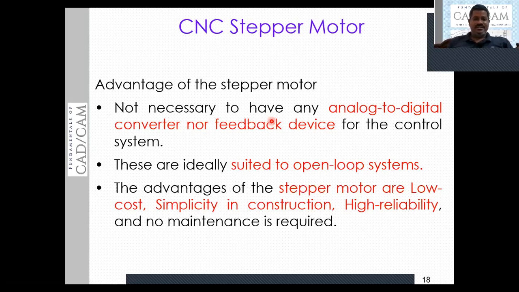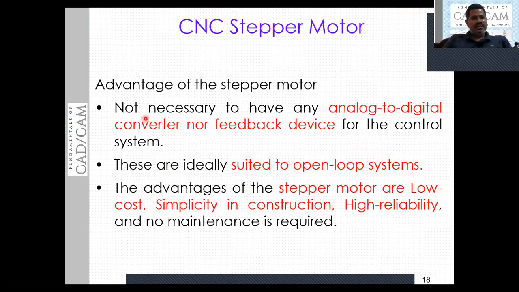But here, we are giving the input signal in such a way that according to that proportionality only the rotor is going to rotate, and according to the rotation the spindle will rotate and we will get the table movement. This is the basic principle. Ideally these stepper motors are suited for open loop control systems.